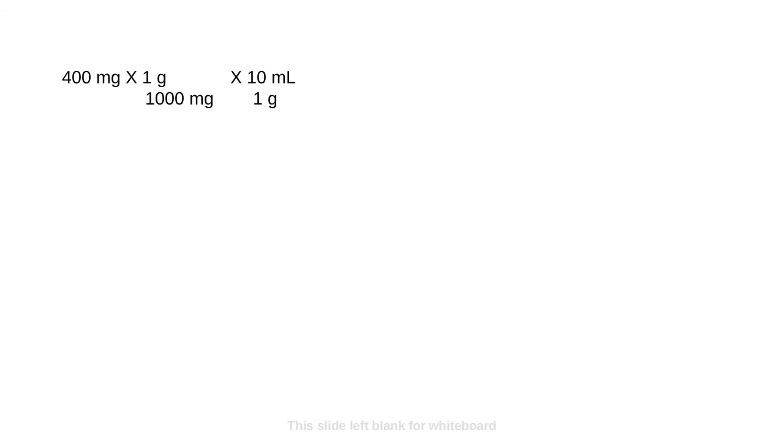Let me just make sure, was it actually 60? Yes. Over 60 minutes. And I'm going to multiply that by the drip factor, and they told us that that was 10 gtt per minute. And so what I'm going to end up with, if I multiply that across,